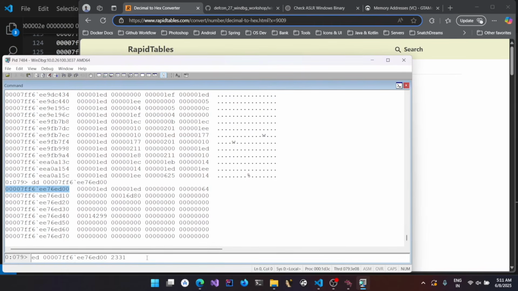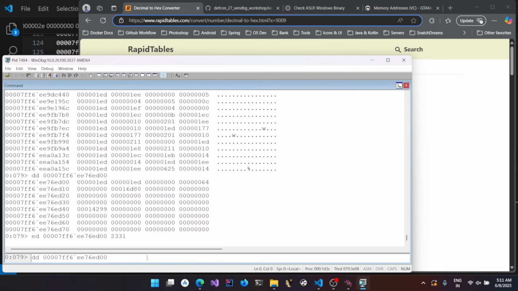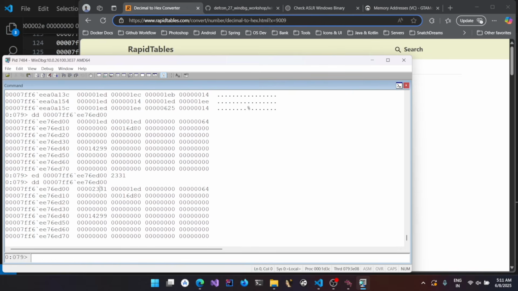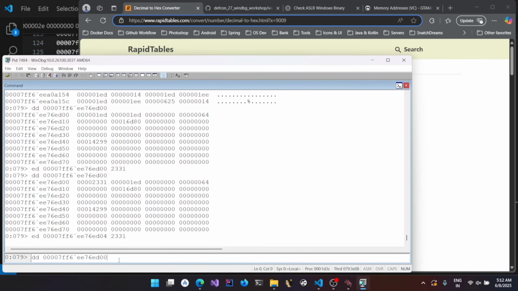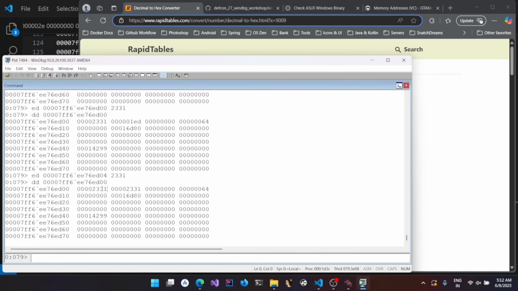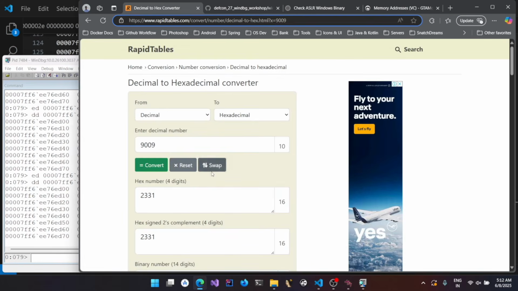and pasting the value. And if I do DD on that memory address, you can see the first 4 bytes got updated. Now, if this is 00, the next byte is 01, 02, 03, and 04. I wanted to update the 4 bytes here as well. So what I'm going to do is do the same command, but change the last value to 4 so that it's the next 4th byte. And if I now do DD again, you can see both the locations got updated to the hexadecimal value 2331,